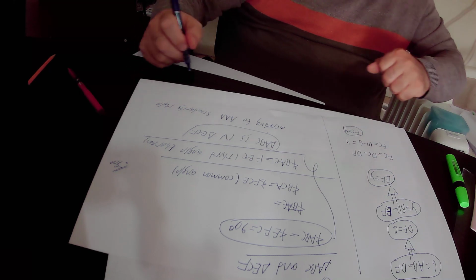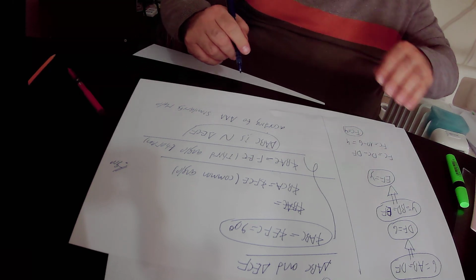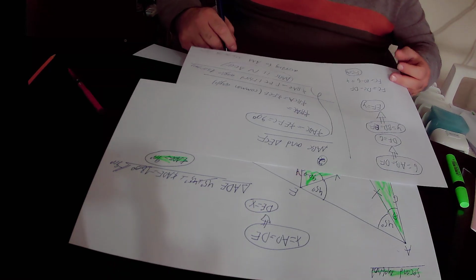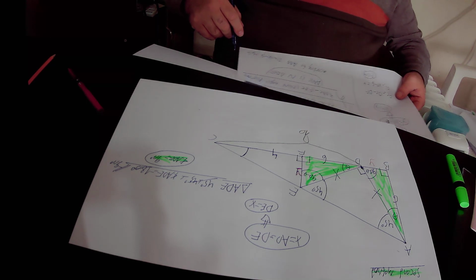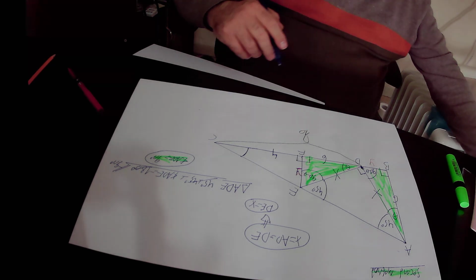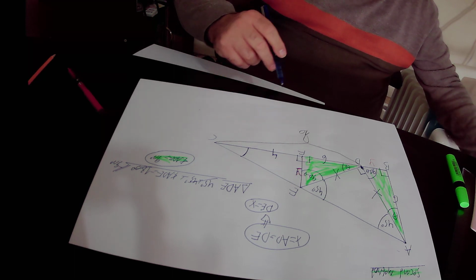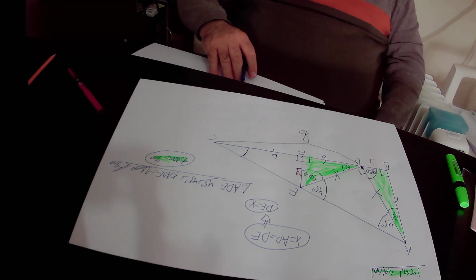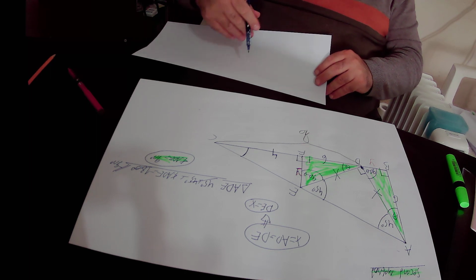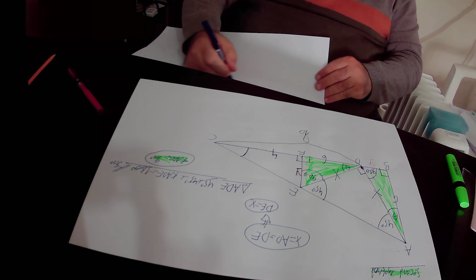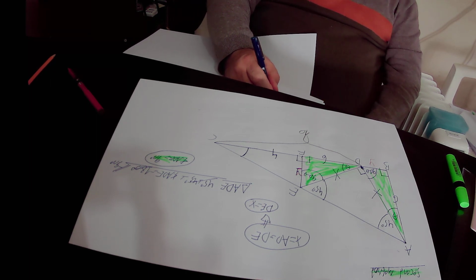Okay? And from the fact that triangle ABC is similar to triangle FEC or EFC, we'll conclude hence that